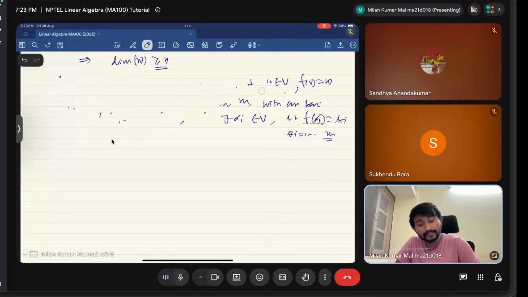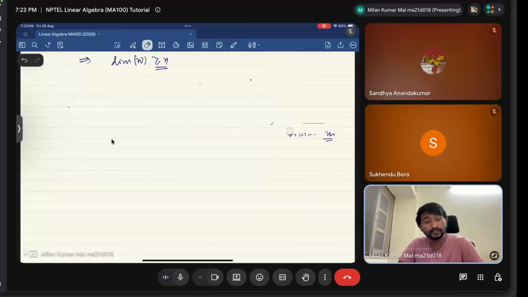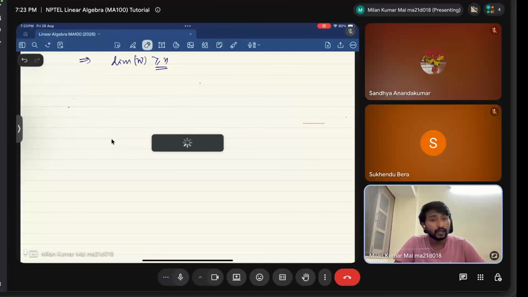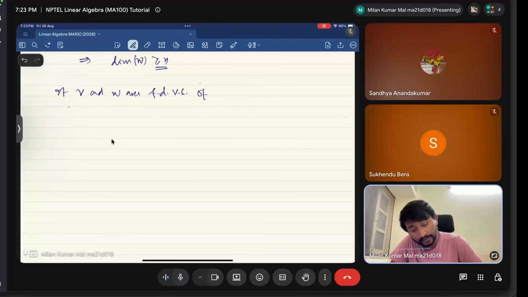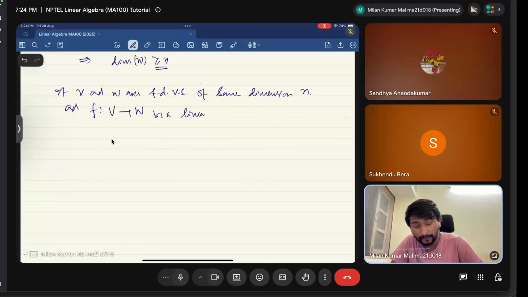But what we can say is that let's take V to be a finite dimensional vector space, and we have two facts. We know what bijectiveness is. Bijectiveness is that the map is injective and surjective, and linearity is a necessity. Now if V and W are finite dimensional vector spaces of the same dimension n, and f from V to W is a linear transformation,